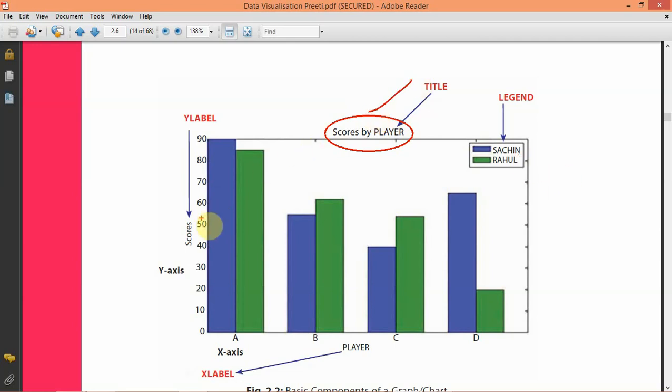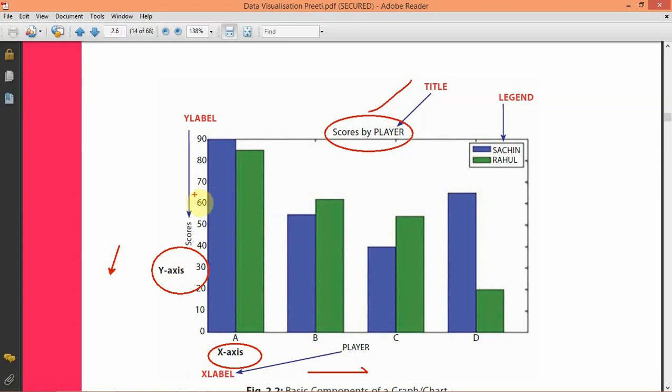Next, every 2D graph will have y axis, that is vertical axis, and x axis, that is horizontal axis. This axis is x axis and this axis is y axis.